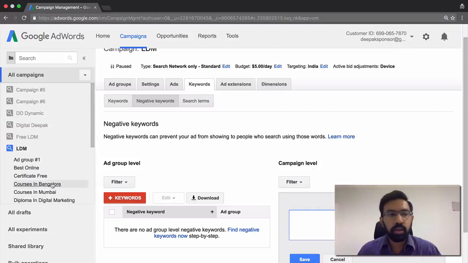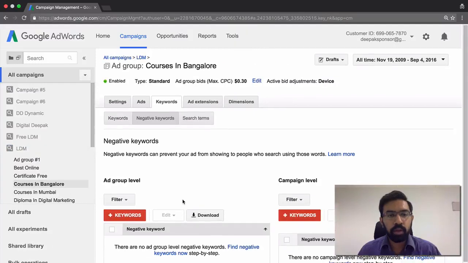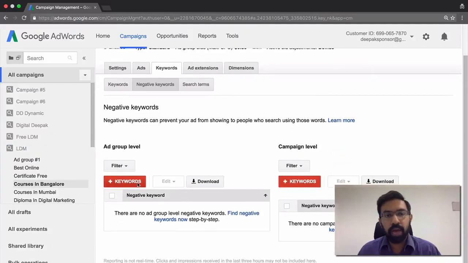So you can also add negative keywords on the basis of ad groups. If you want to add a negative keyword just for a specific ad group, let's say here we have an ad group called courses in Mumbai, you can add a negative keyword on the ad group level as well. If you add it on a campaign level, it will be applicable for all the ad groups, or if you want to apply it for an ad group level, you can add it from here.